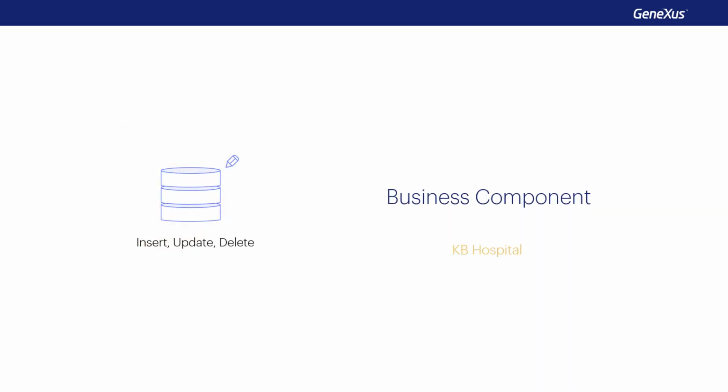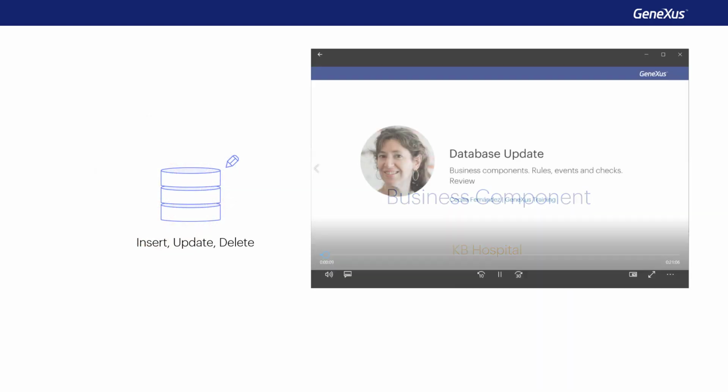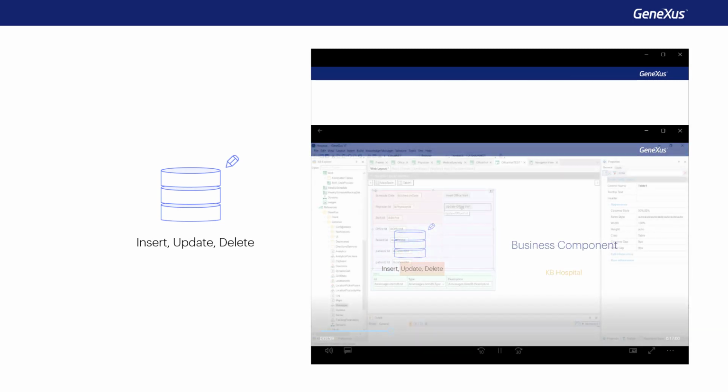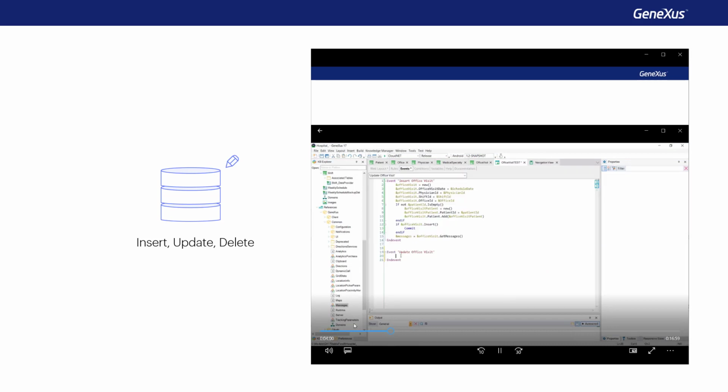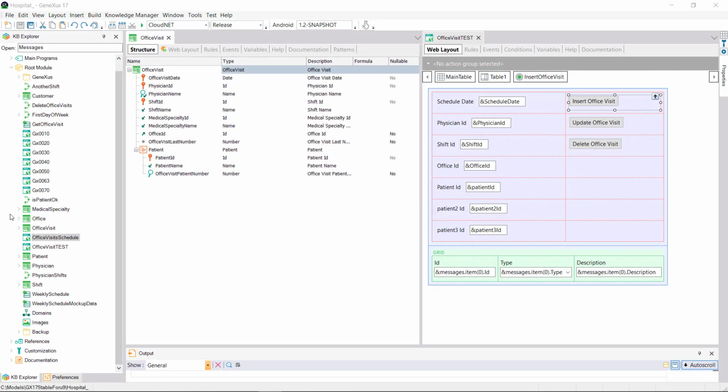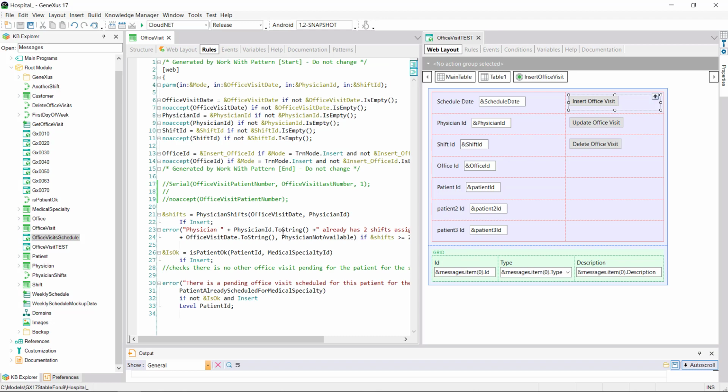Focusing on a KB for a healthcare service, in previous videos, we analyzed how to insert, update, and delete through the business component of a two-level transaction. In those videos, starting from the two-level office visit transaction, which had a series of declared rules, in particular, some error rules,